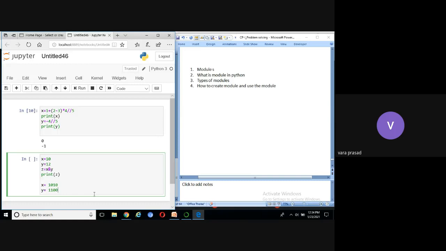Now you can see here, the binary value of X is 1010. Binary value of Y equal to 1100. All of you know this concept, how to generate the binary value for the given variable, value of X, value of Y. Then here there is a concept, AND operation. Now you can see one diagram here.